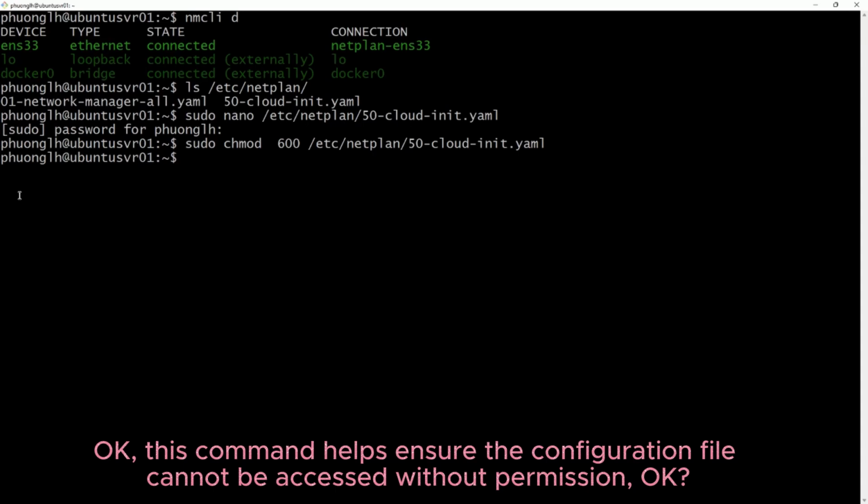Okay. This command has ensured the configuration file cannot be accessed without permission. Okay.